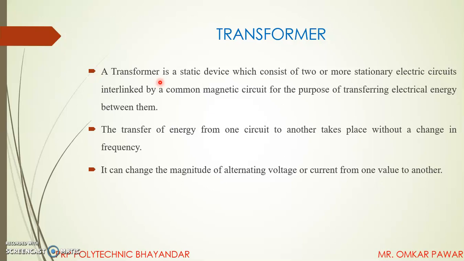A transformer is a static device, that is, it does not have any moving parts. A transformer is a static device which consists of two or more stationary electrical circuits interlinked by a common magnetic circuit for the purpose of transferring electrical energy between them. Basically the transformer does not have any moving parts, so it is called a static device which transfers